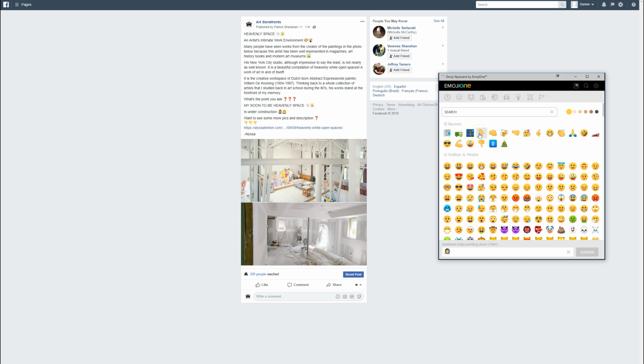Got to get this Chrome extension. It makes life so easy. Again, I do believe it's available on Firefox. I do believe it's available on Safari as well. So grab this thing. It just makes it so easy. You search for whatever emojis work and you throw them in. I could have probably even thrown in a few more, but I like to break things up and just make it look clean. So we now have created our Facebook post, and what you can do to create the Instagram